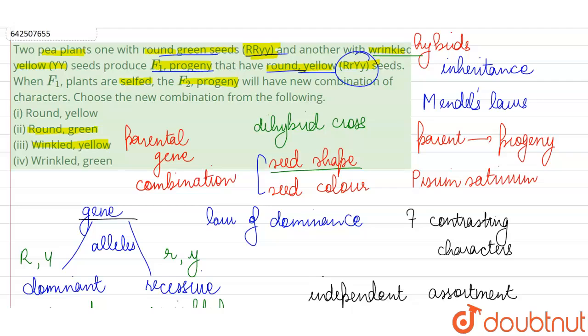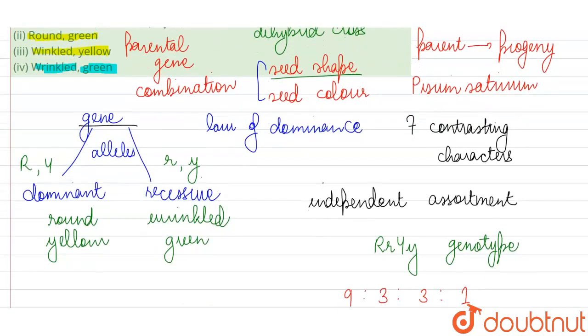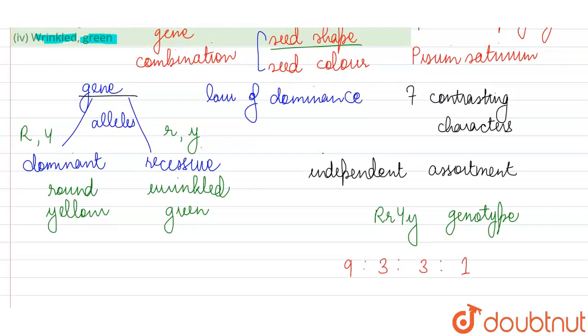But two different kinds of phenotypes will also be found, the combinations which were not there in the parents, such as round shape with yellow color and wrinkled shape with green color. So these kinds of combinations we will call non-parental gene combinations or recombinants, and they are only produced because it doesn't matter what kind of combinations were occurring together in the parents. Because of the law of independent assortment, these characters are under the control of different genes. These genes are not associated with each other in any way.